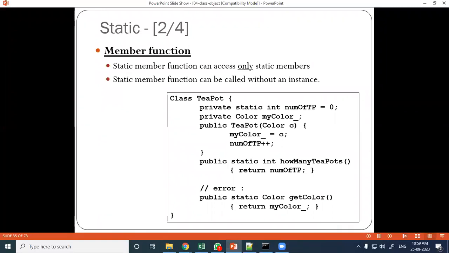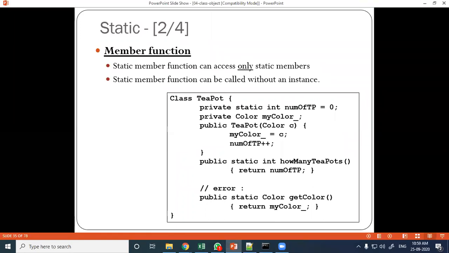Today we will continue with this static topic. Today we will discuss the static member function. Like a static data member, if you make a member function static, then that member function is treated as a static member function.